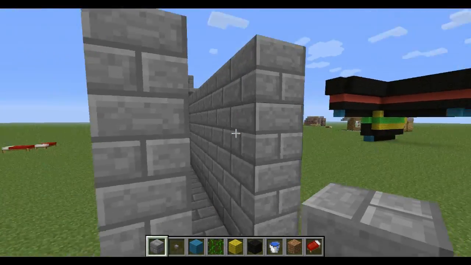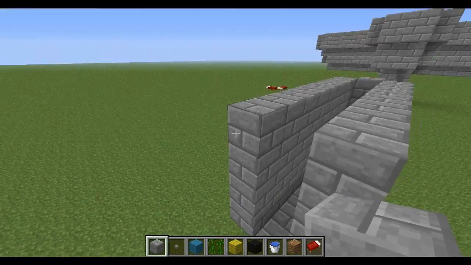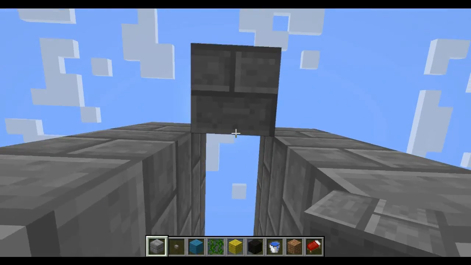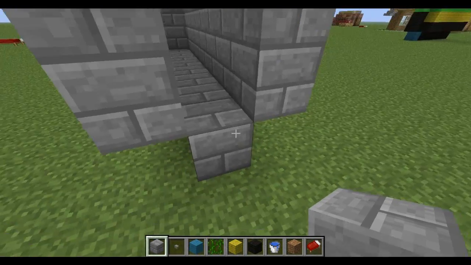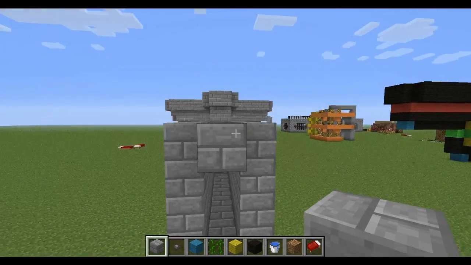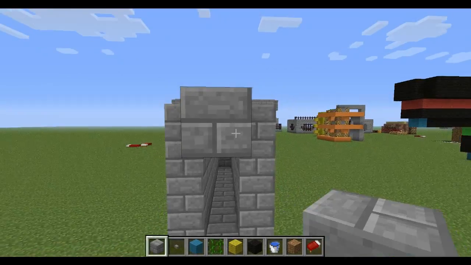If you notice, I've left one side open so that we can collect the mobs there, but once you get up to this height, you're going to close it off like that. You just need 2 blocks here so that they can be collected, and you can take away that block if you need to, but this block has to be here if you want to get the exact design. Now with this design,